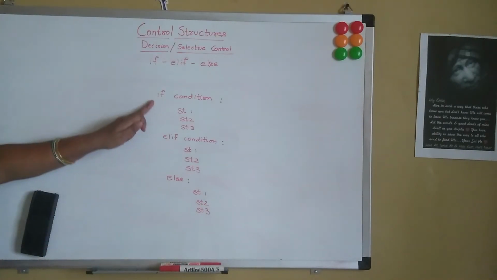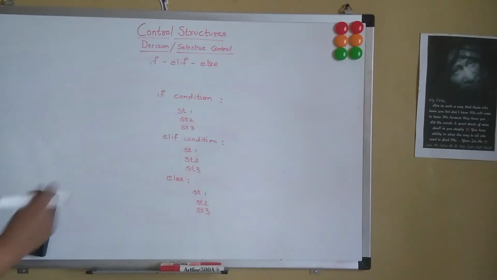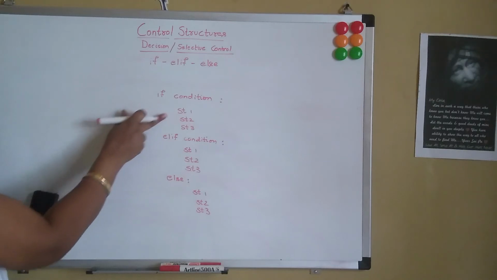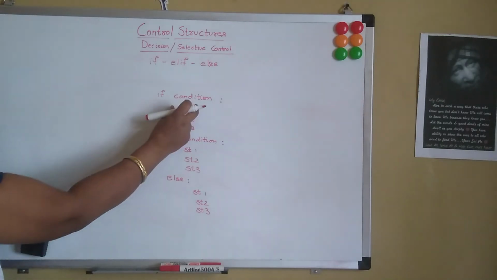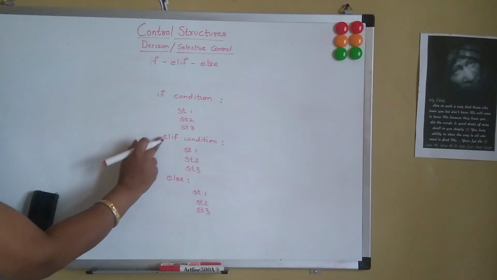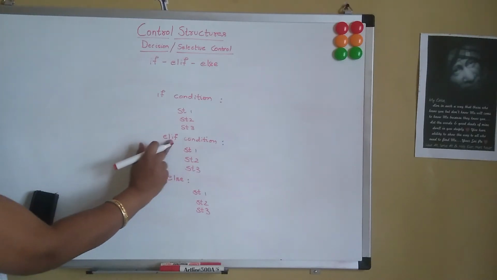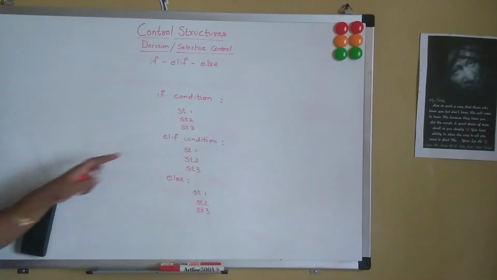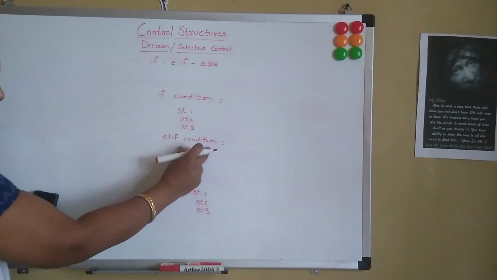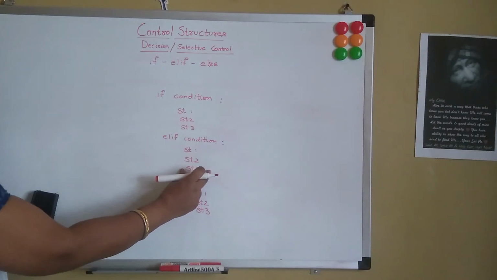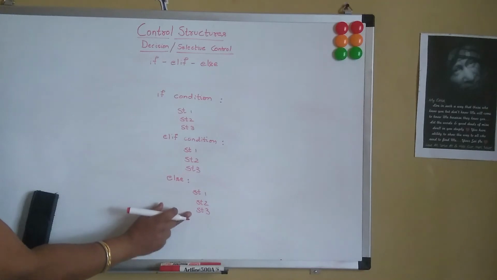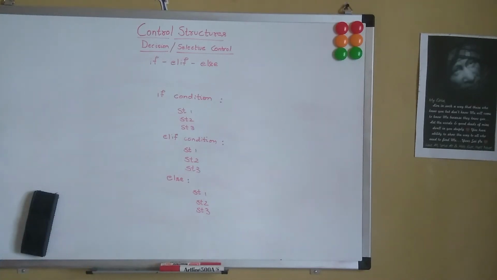So here we have if, elif and else. If the condition is satisfied, a set of statements are executed, which is part of the if block. Else we are checking for one more if condition. So we are writing one more if condition under the elif statement. If the condition is satisfied, it performs another set of statements. Else, if this condition fails, yet another set of statements get executed.